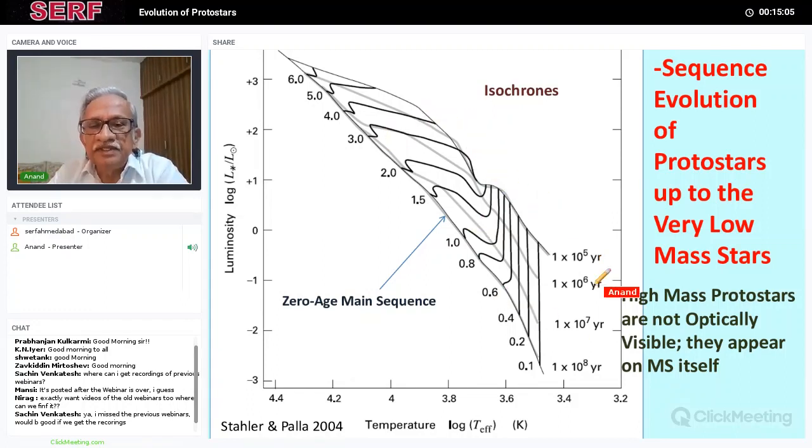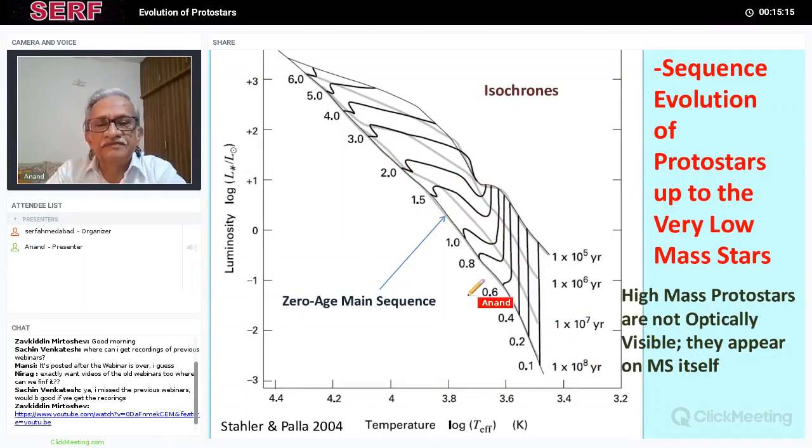Similarly, after 1 million years, this is the line. After 10 million years, this is the line. After 100 million years, this is the line, which almost coincides with the zero age main sequence, because most of the stars do reach the main sequence by that time. And 0.1 solar masses is